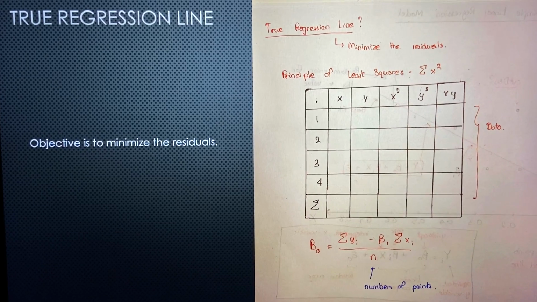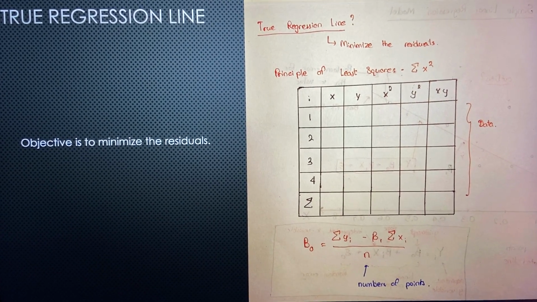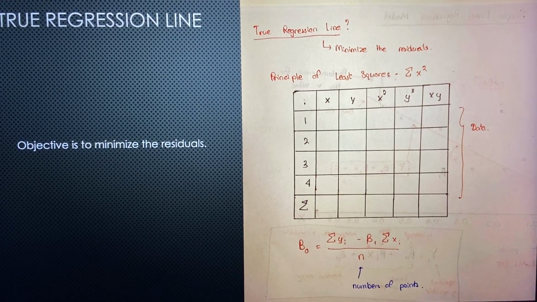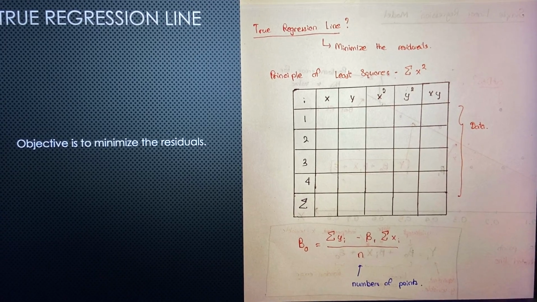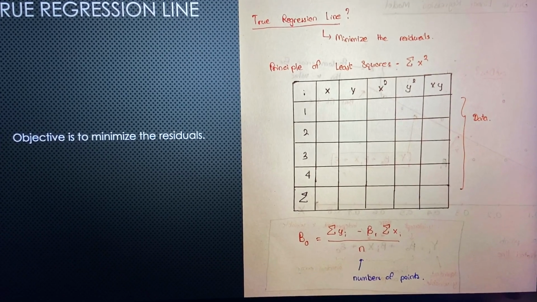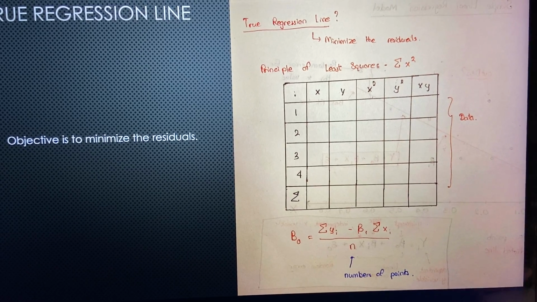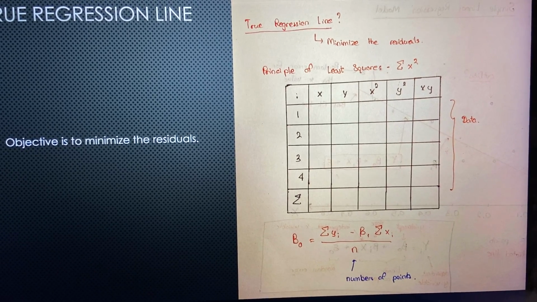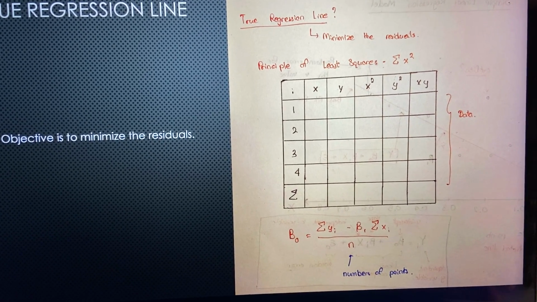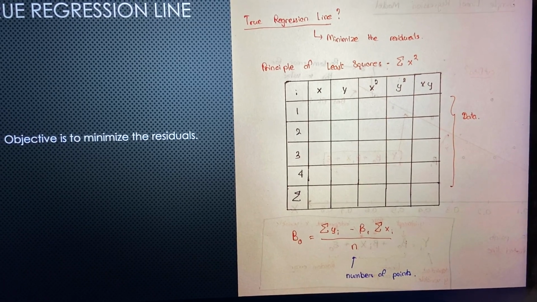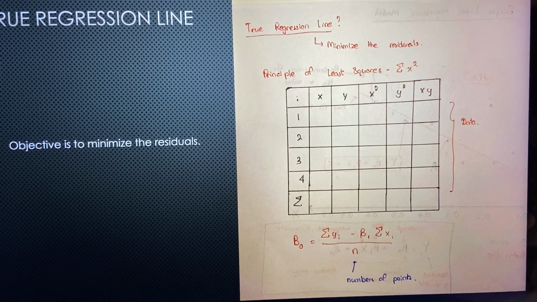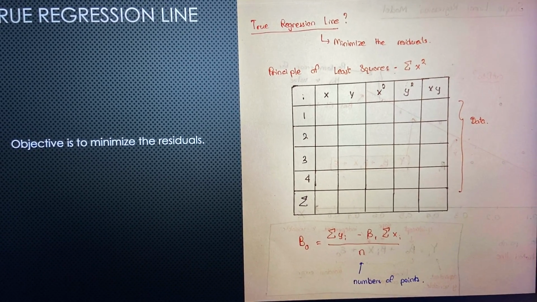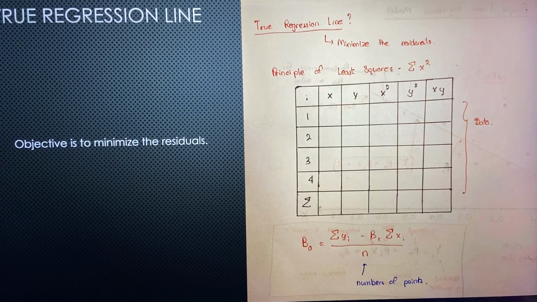To minimize the residual distance and find a more accurate representation of the data, we can use a true regression line, which can be found using the principle of the least squares method. It can be simply represented by the tabular method. In the table, we can see the data points and two variables. The number of data points can be any size and is represented by n, and we take the summation of the variables according to the table, and then we can calculate using the equation given below. So let's talk about the application